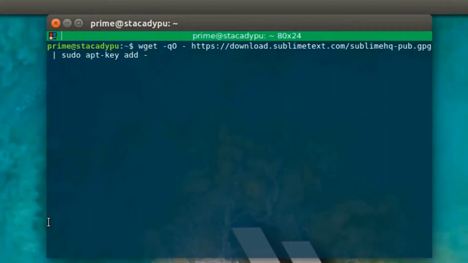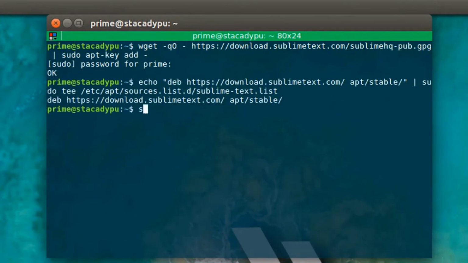You can use any IDE according to your wish, may it be Visual Studio or maybe Atom or anything else. My personal favorite is Sublime Text. To install Sublime Text, first download the file using wget command. The exact commands are given in the description of the video.